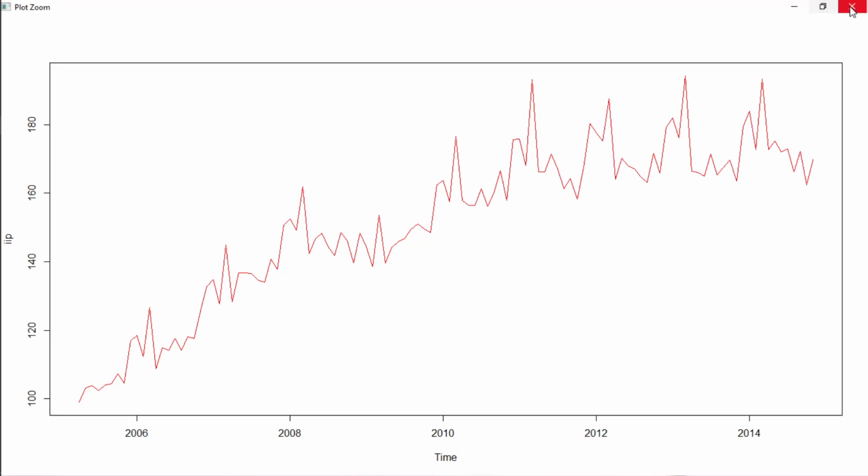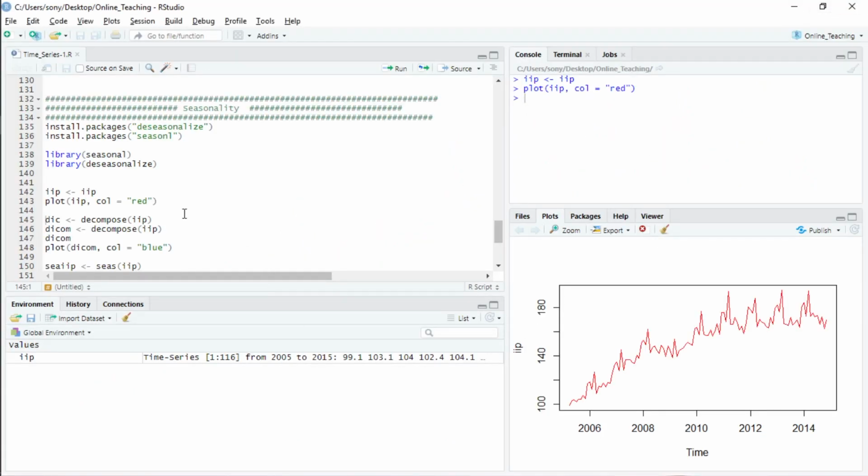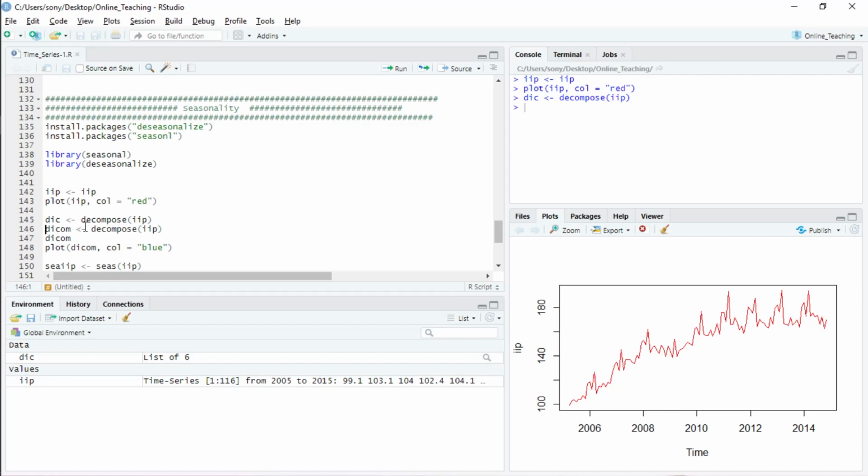To check whether there is seasonality or not, we will decompose the data into trend, seasonal, and disturbance, a random component, by typing decompose. Decompose is the function which decomposes the time series data into three parts.